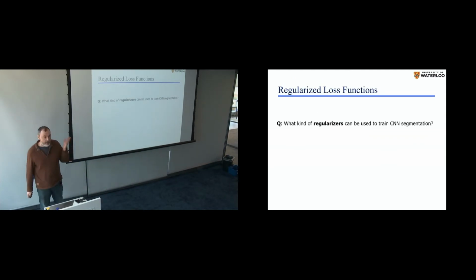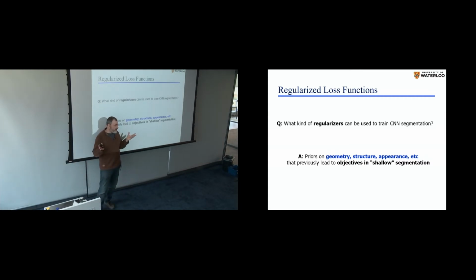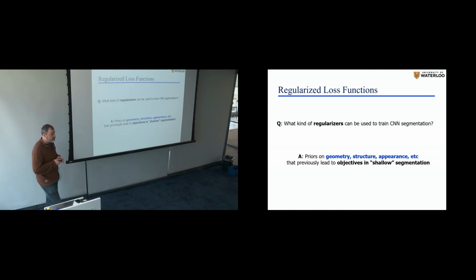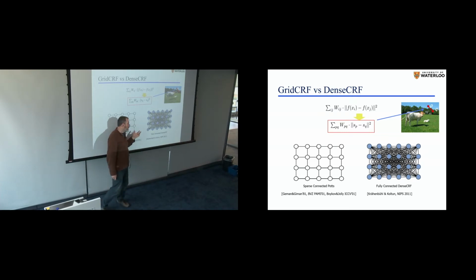So what kind of regularizers can we use besides this? Actually, any of them. I'm showing you pairwise, just the simplest example, and it connects well to what people have been doing in machine learning. For our regularizers, any shape prior or any structural constraint that you know about would be incorporated directly as a regularization loss in the context of training. Let me give you two examples. Even without leaving the domain of pairwise interactions, you can have somewhat different models. I've been popularizing the grid regularizers, where the interactions are between nearest neighbors, because this is where geometry lives. In this case, regularization can be connected to the length of the boundary and geometry.